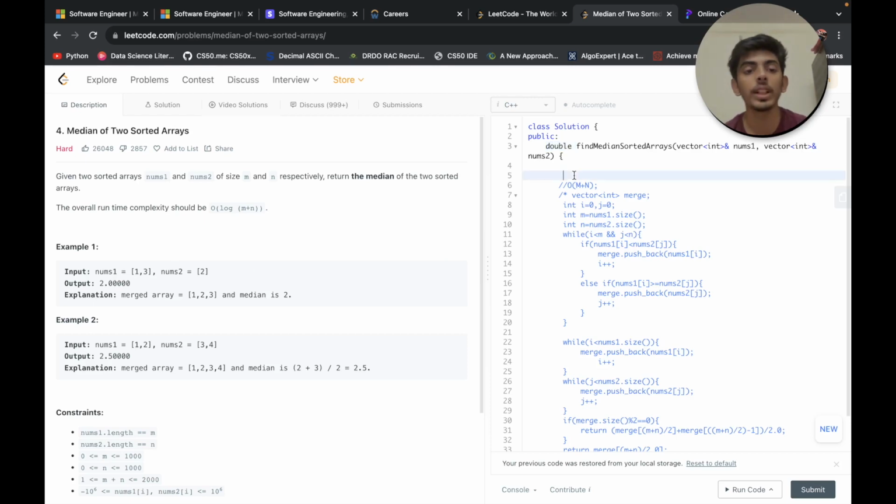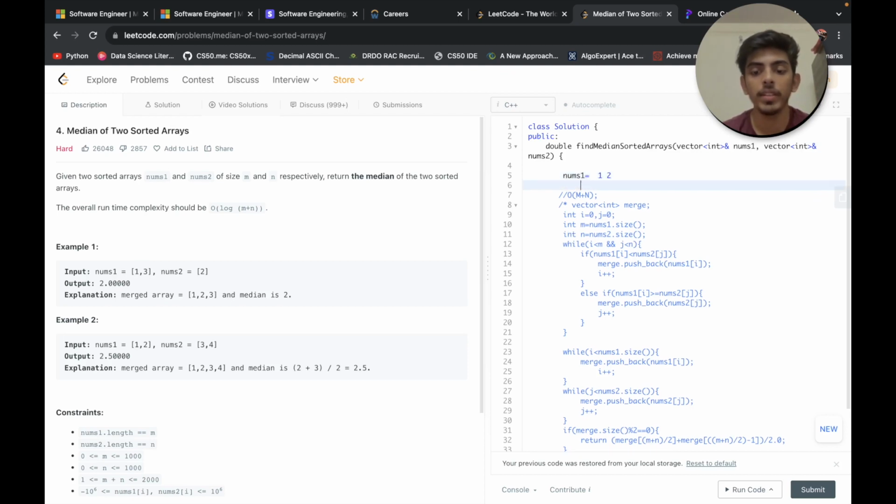What our approach initially will be: suppose we have nums1 which is 1 and 2, and nums2 which is 3 and 4.